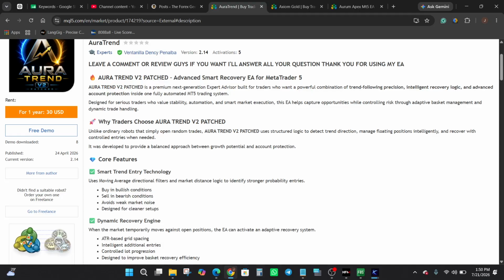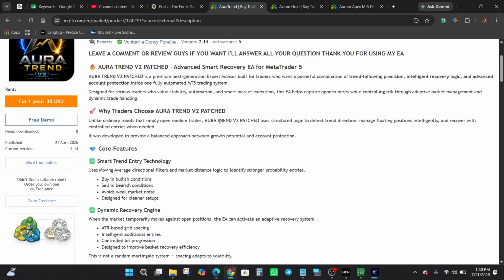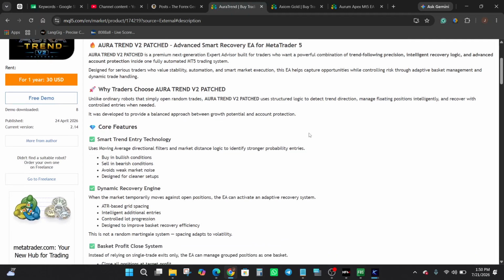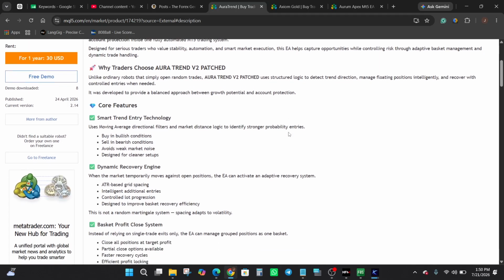The description highlights smart trend entries using moving average filters, a dynamic recovery engine with ATR based spacing, basket profit closing, optional hedge protection, spread and session filters, plus a real time on chart dashboard showing balance, equity, drawdown, and